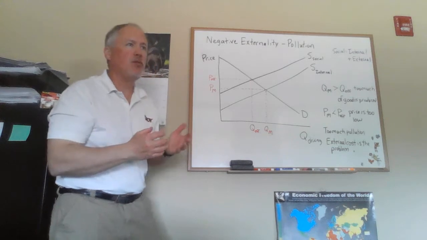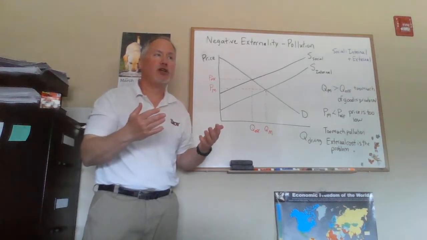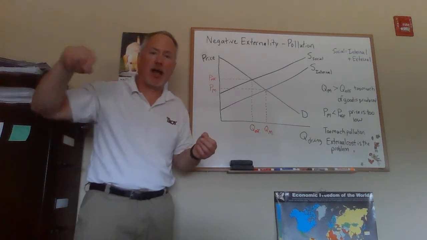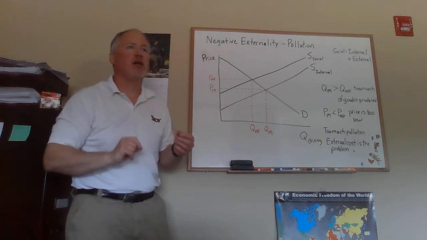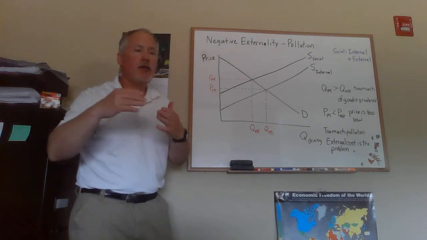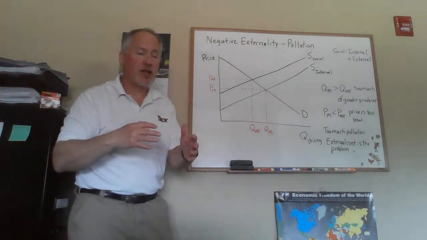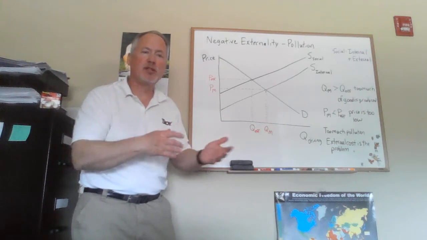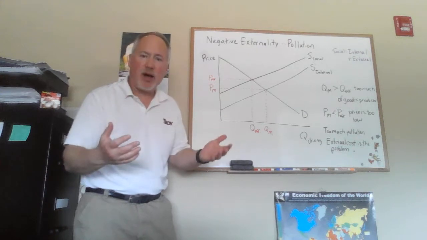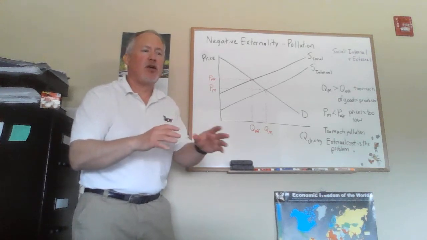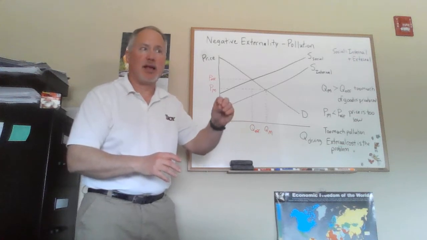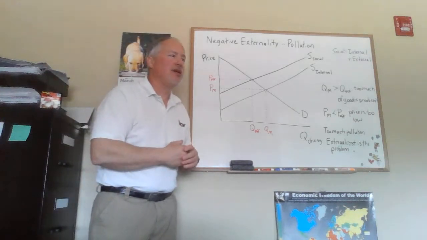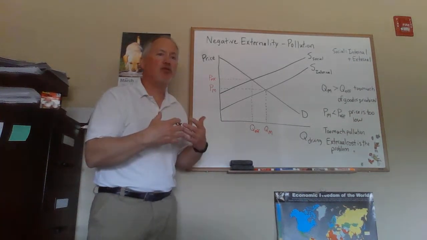And by third party, the first two parties of any market transaction you can think of as the buyer and the seller. So they're the first two parties. So when we say third party, we mean somebody other than the buyer or seller in the market transaction. A lot of people might come together on the seller's side, people who are working for a business or selling them products or inputs that they use in producing something, supplying their companies. But that's okay because they all come together and somebody produces a product and that seller sells it to the buyer. So the buyer and seller are the first two parties. What we mean now is any kind of cost that's going to spill over to a third party.